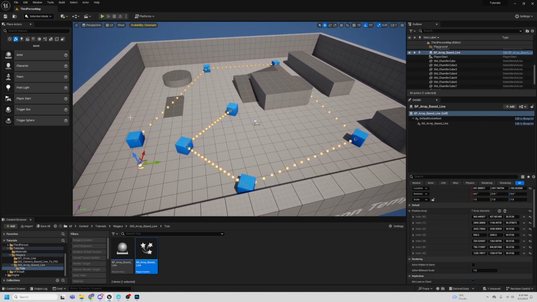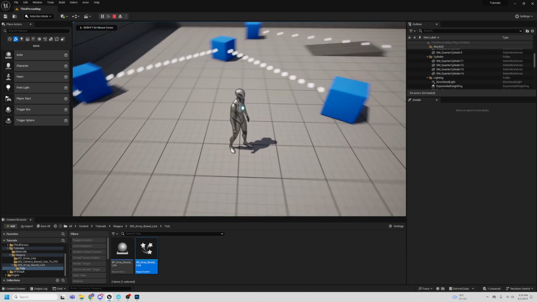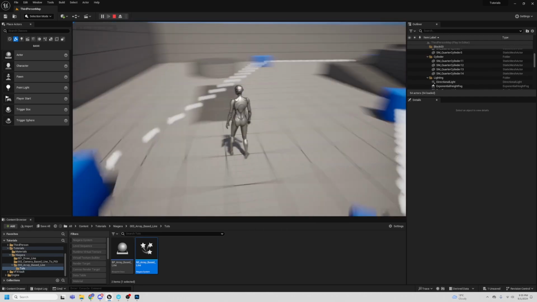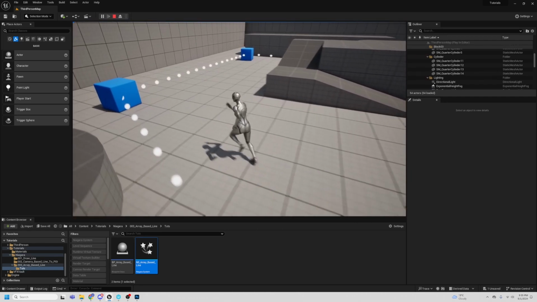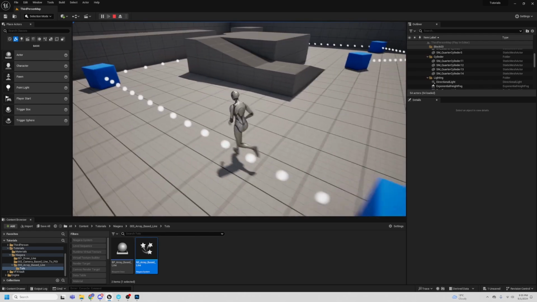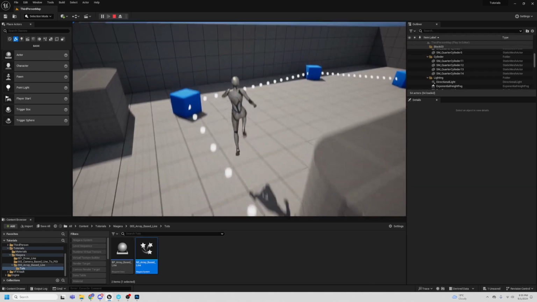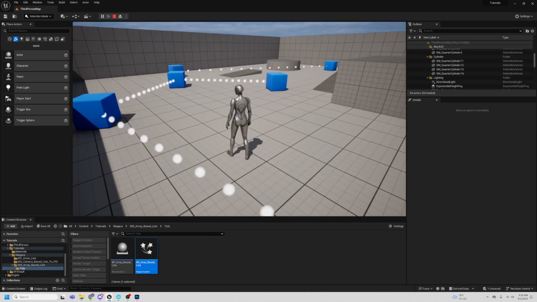Now we can do this for as many boxes as we need. If we come in, play the game, now you can see that our line goes between every box that we've put, or the position from every box that we've put into the array. So this would be really useful for like a waypoint system or sort of a box system,